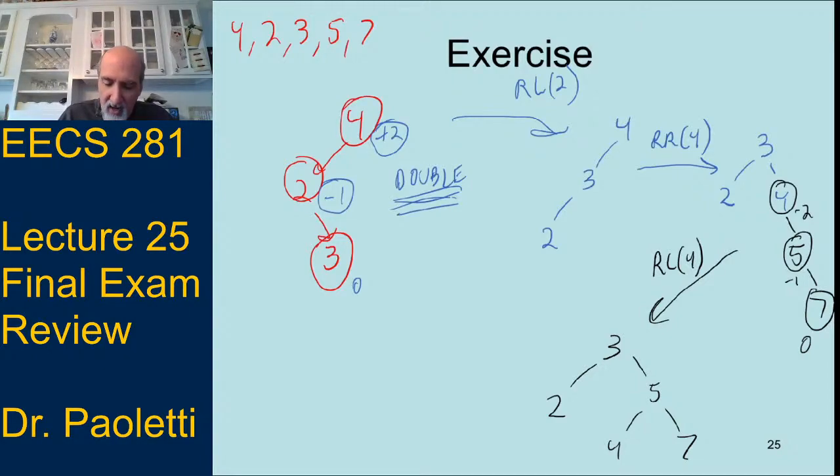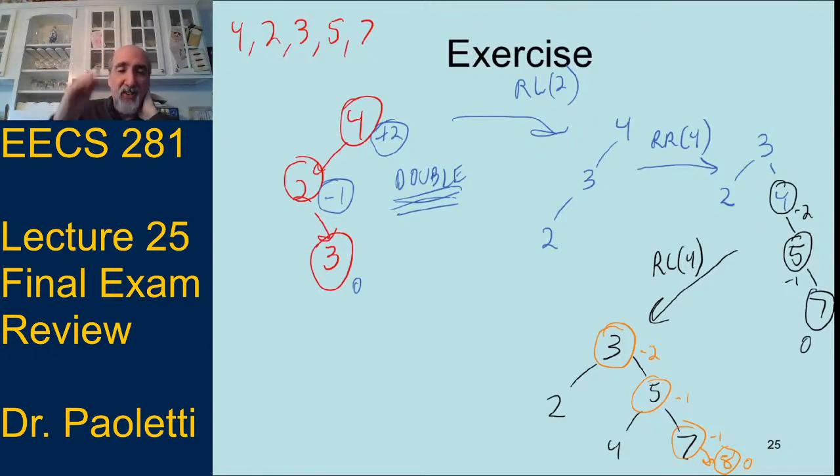If we were to insert 8, we're running out of room, that would have to go to the right of 7. And now let's look at our balance factors. 8 has a balance factor of 0, it's a leaf. 7 is 0 minus 1, which is negative 1. 5 is 1 minus 2, which is negative 1. 3's balance factor is 1 minus 3, which is negative 2. So node 3 is out of balance.